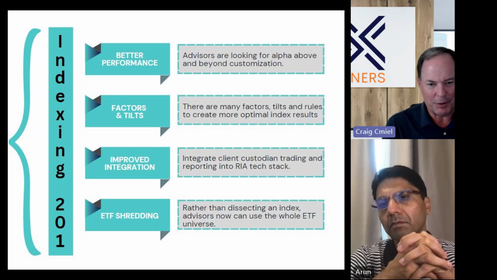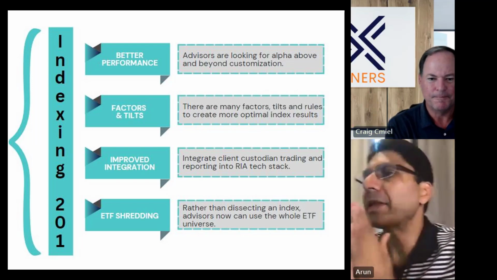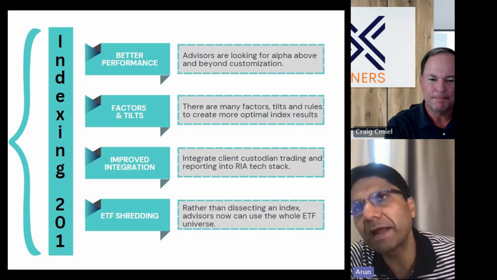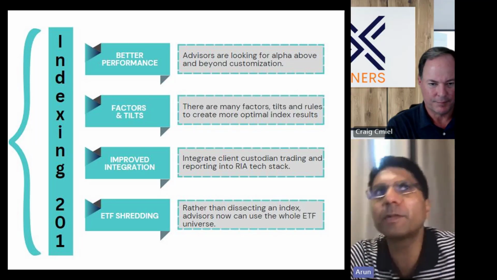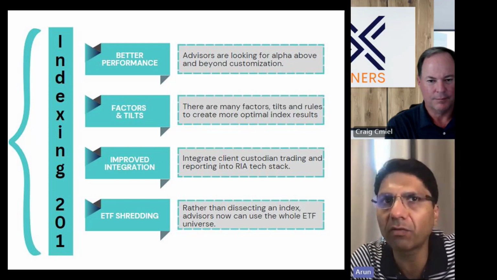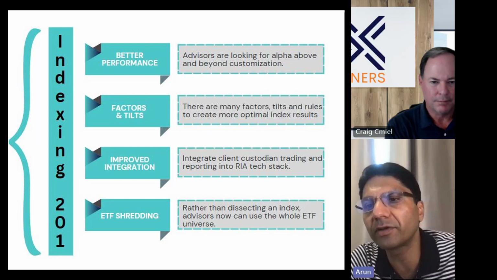So from your perspective as a guy who spends a lot of time working on indexing, how does one go about extracting the full potential of an index? I mean, as with any investment strategy, I think the biggest enemy of any investment decision, it can be systematic or fundamental, is bias, right? And cognitive and emotional bias are the two things that really hurt investment decisions.